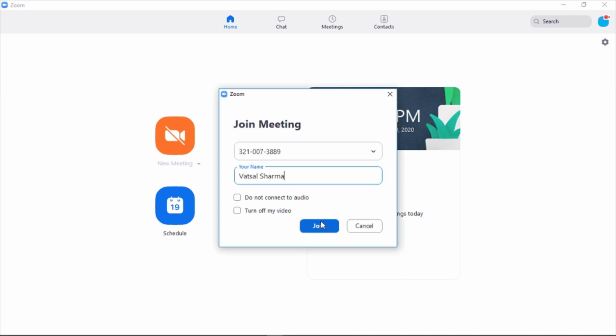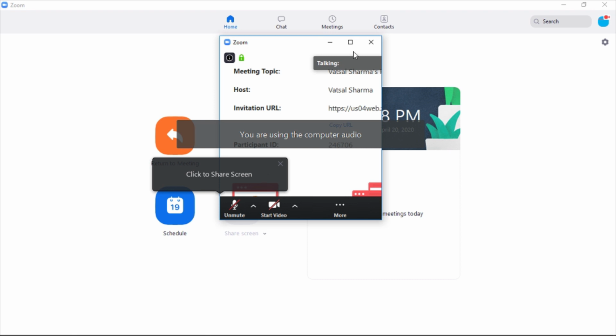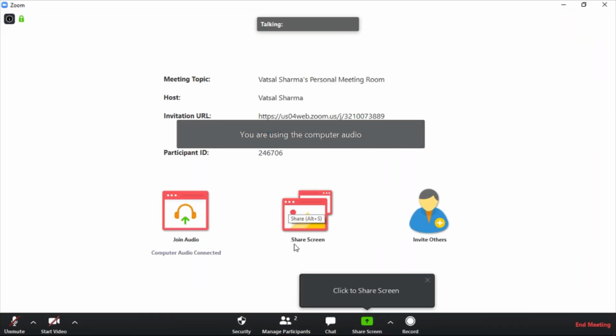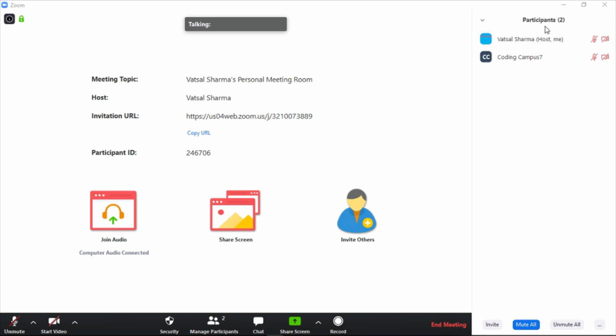Alright, so now if I click on join, you can see it is connecting me. So this is the chime if someone enters. So now I was the host, so now again I am the host right now because I left the host thing. So now again it has come to me. So if you want to put in waiting room, now it is in waiting room. And then you can just chat in the waiting room, but you can't do all the features and speak there. And you can't listen to some people.